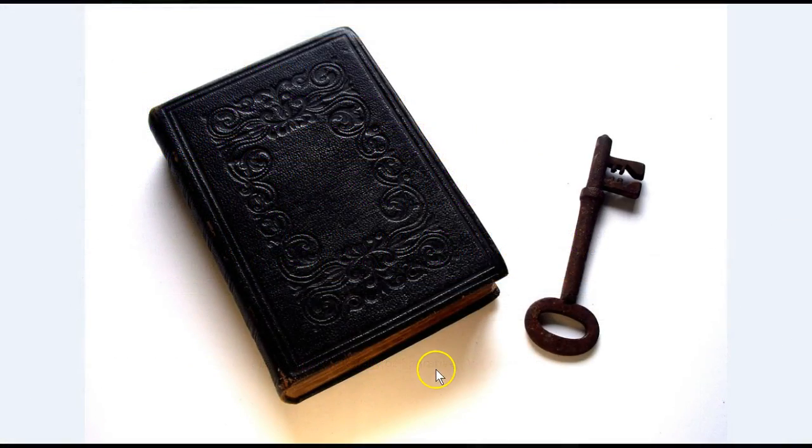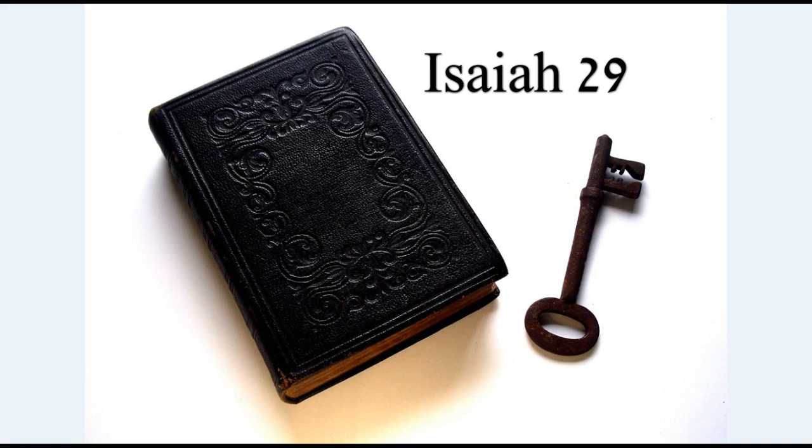But have removed their heart far from me, and their fear toward me is taught by the precept of men. Therefore, behold, I will proceed to do a marvelous work among this people, even a marvelous work and a wonder. For the wisdom of their wise men shall perish, and the understanding of their prudent men shall be hid. Woe unto them that seek deep to hide their counsel from the Lord, and their works are in the dark, and they say, Who seeth us? And who knoweth us? Surely your turning of things upside down shall be esteemed as the potter's clay,